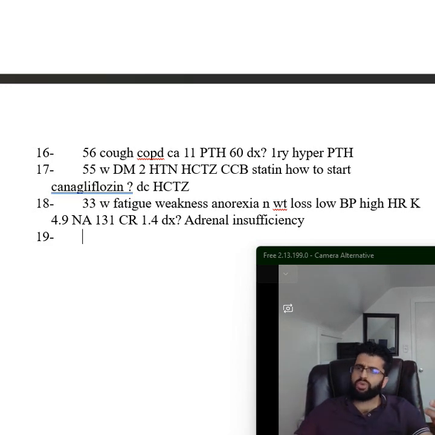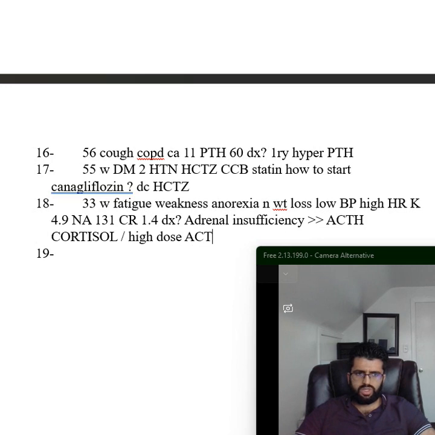So how do you diagnose this patient? If you see this patient, what would you do? You want to check ACTH, okay, and you want to check cortisol, and you want to do a high dose ACTH stimulation test. Okay, it's very important because